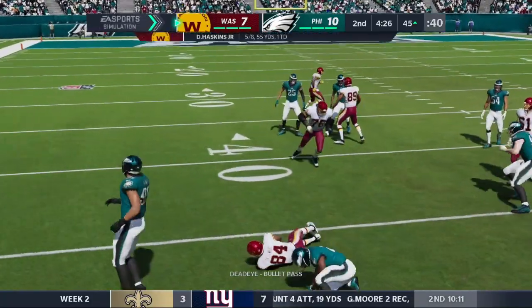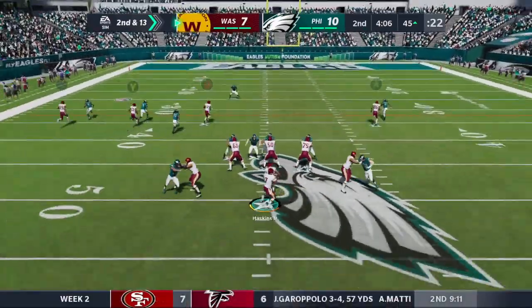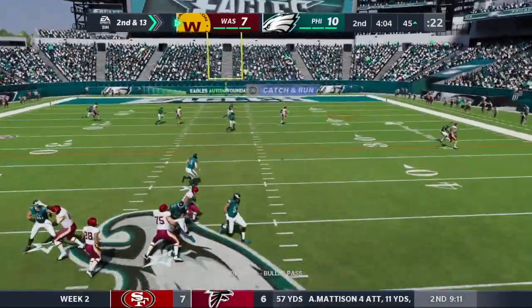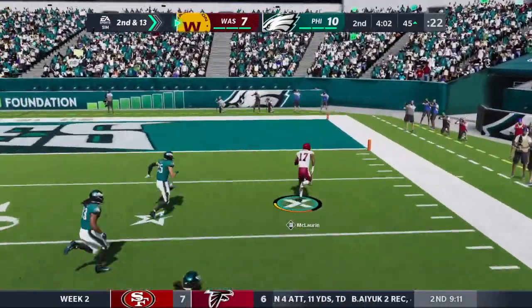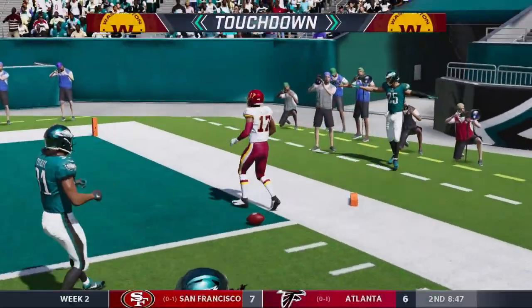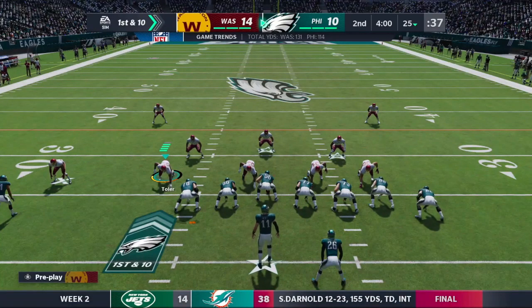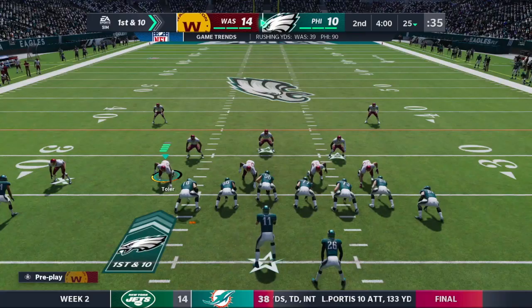Here's Haskins, a quick throw out wide. Play action, Haskins. This is caught inside the 15. Touchdown, Washington. Terry McLaurin. You're trying to figure out if you can slow someone down while continuing your breakneck pace